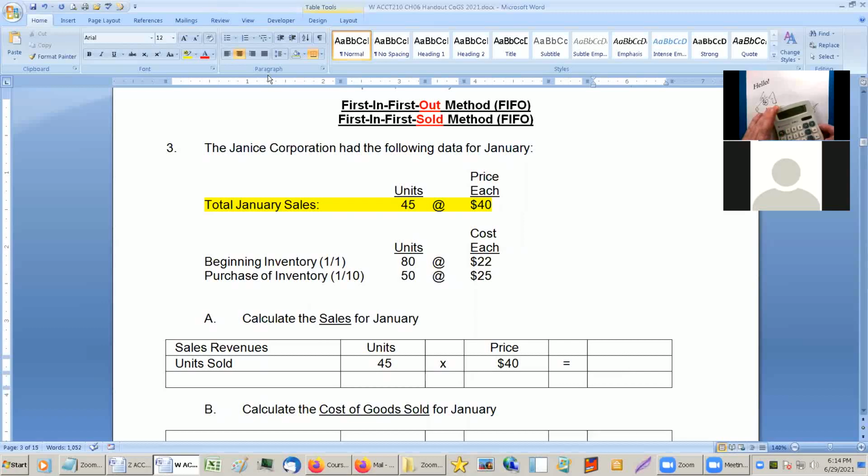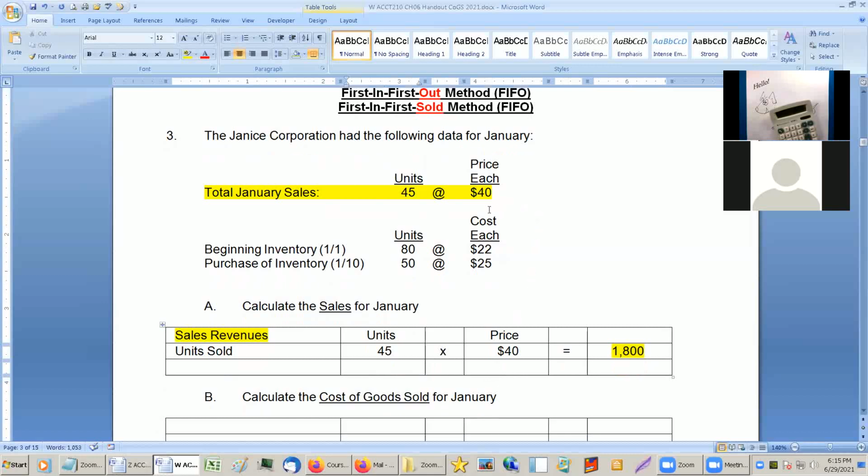So we have 45 times 40, 1,800. So this is going to be our sales. And again, sales are easy. Whatever they handed you back when they took the items. Okay. Now,